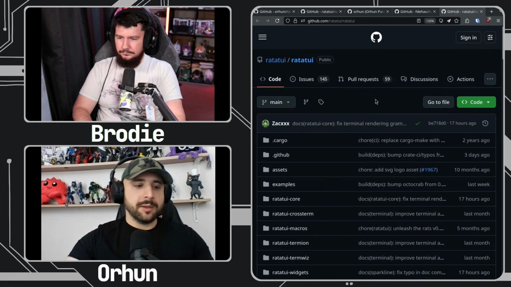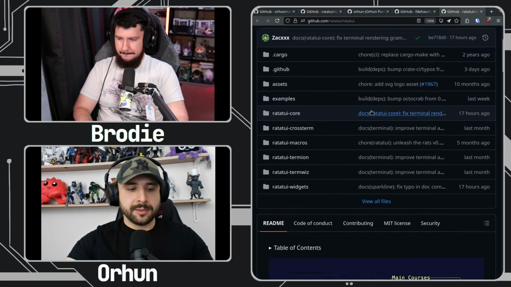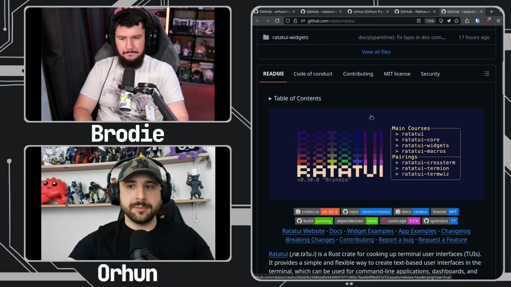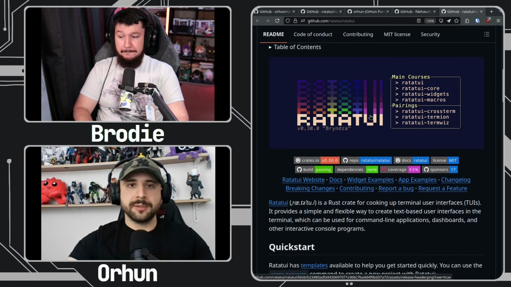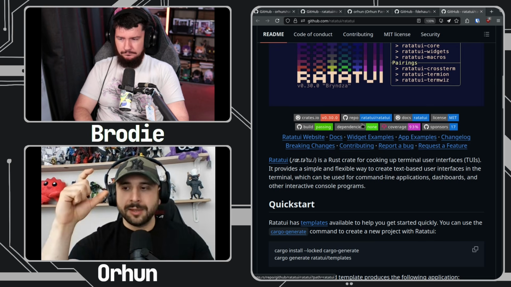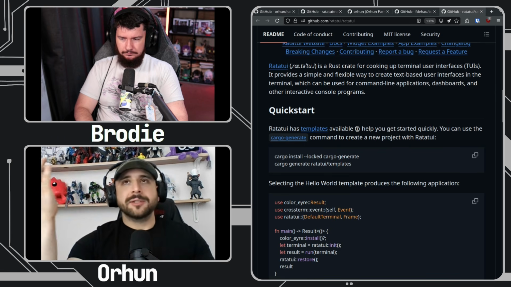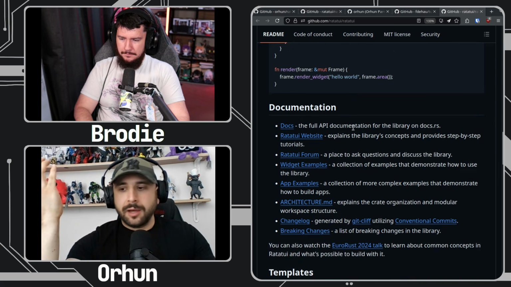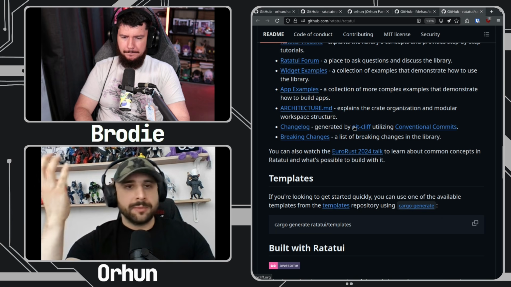So nowadays, Ratatouille is the go-to library if you want to build terminal UI applications in Rust. And we've now ported Ratatouille to many other systems, so you can build embedded projects as well. You can literally run it on little screens. And I've seen, just the other day, someone run Ratatouille on their espresso machine